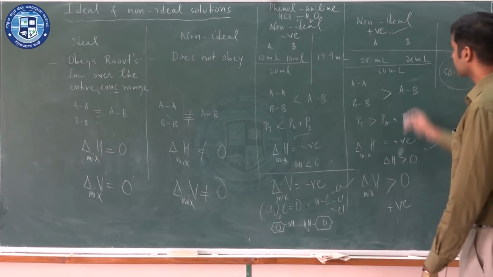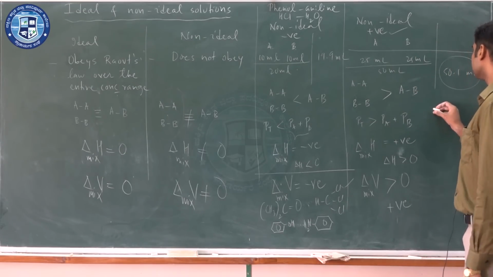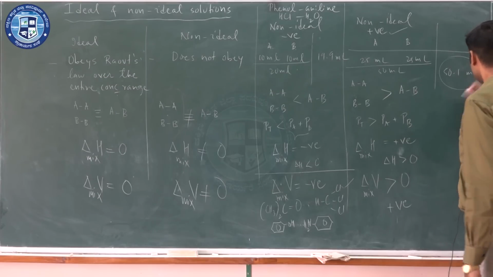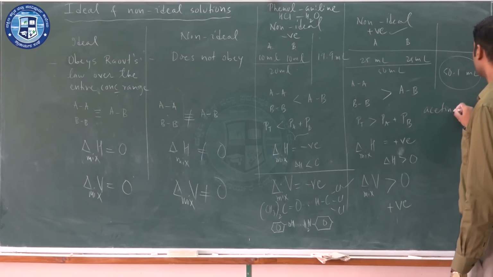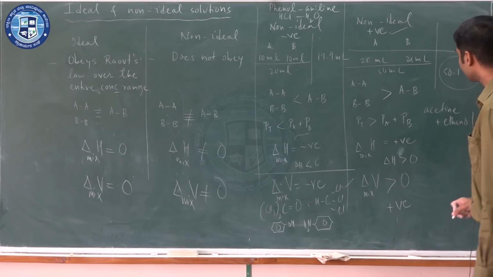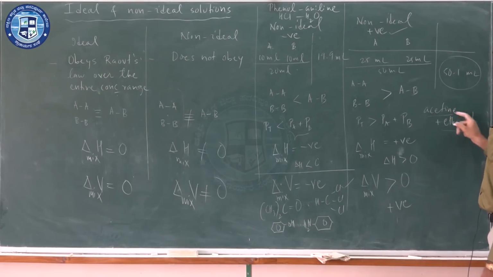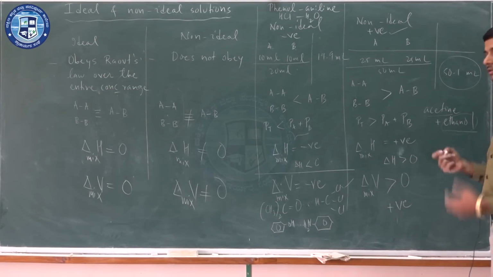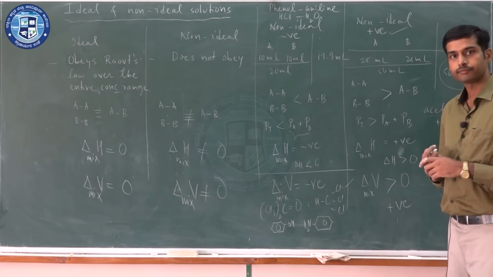Now, what are some of the examples on this side? You have this mixture of acetone and alcohol. So, I have got acetone plus ethanol mixture. Now, what will happen in this particular mixture? So, you have got ethanol molecules. In ethanol molecules, there is hydrogen bonding. Between ethanol molecules, there is a strong bond, hydrogen bond.